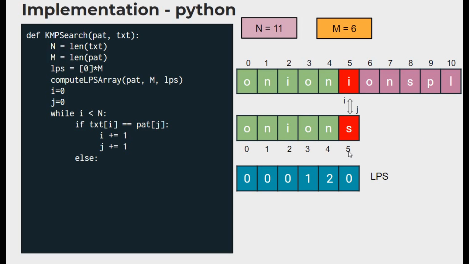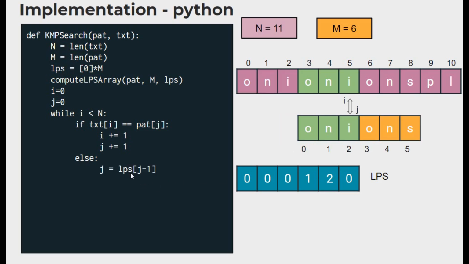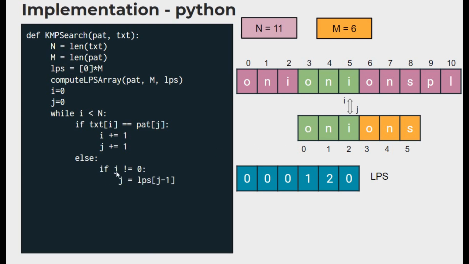See, here the value of j is 5, and we now have to go to the 4th index and see what is the value in the LPS table. So that is why we are assigning LPS of j minus 1 as the new j, because this is where we have to start our next comparison. Notice that I is going to remain the same. Wherever the mismatch occurred, we are still in the same position, and we just have shifted j by looking up the LPS table. Since we are finding LPS of j minus 1, we cannot do that when j is equal to 0, right? If j is 0, that is, if the first character itself does not match, we cannot find LPS of minus 1. So we can do this only when j is not equal to 0.